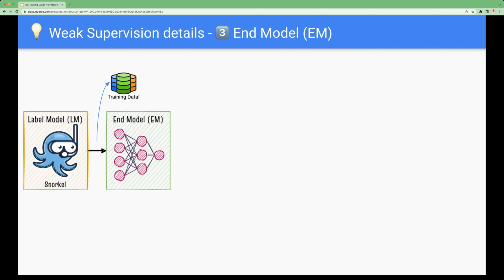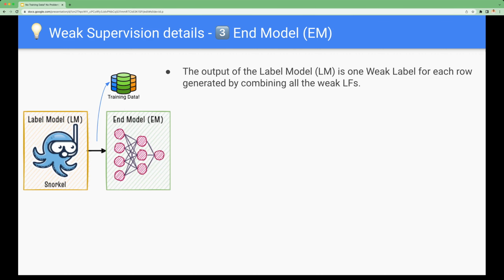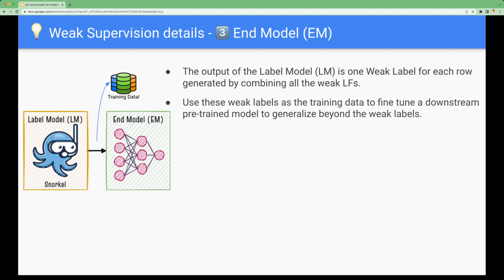Anyway, now that we have one label per row as output from the label model, this is basically our training data, and we can use this training data to fine tune a pre-trained end model. As shown here, the output of the label model is one weak label for each row generated by combining all the weak labeling functions. We need to use pre-trained models like BERT or RoBERTa that have already been pre-trained on Wikipedia or all the text on the internet. Basically, we will use this weak label training data to fine tune a pre-trained end